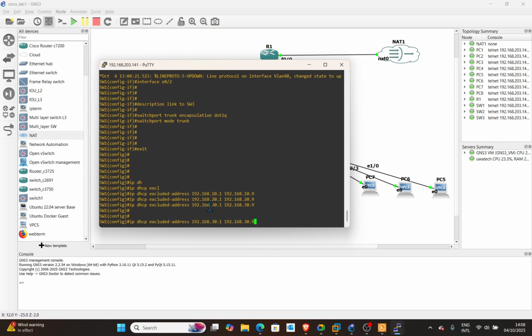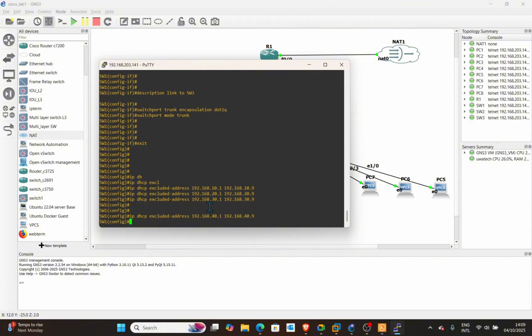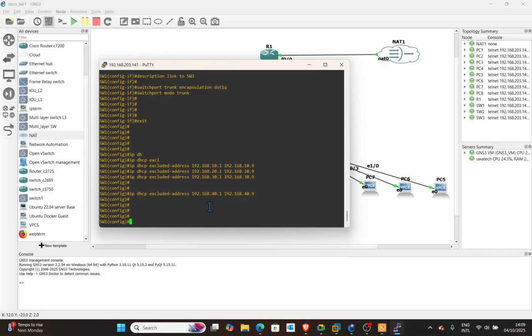I'll do the same for VLAN 40. 40.1 to 40.9. So all these IP addresses will not be given to any device in the network through DHCP. You can only assign these IP addresses statically to